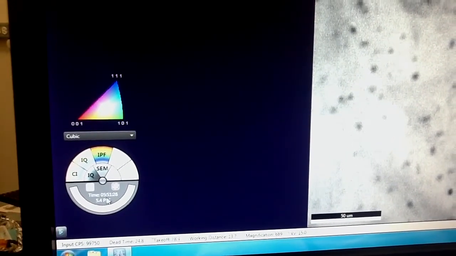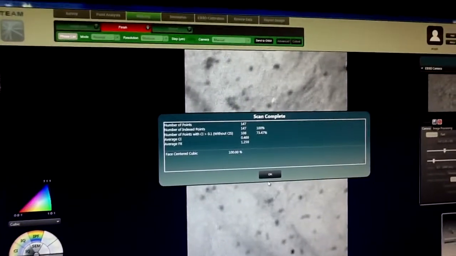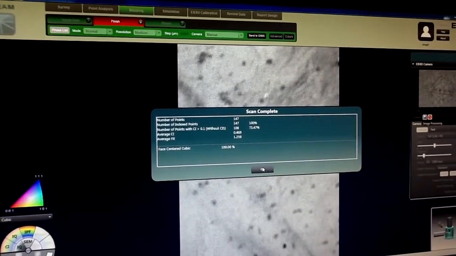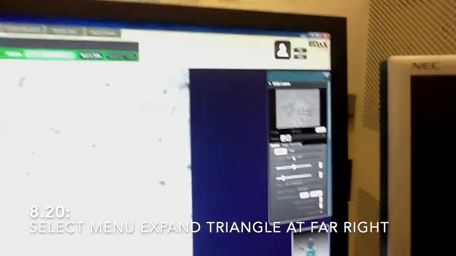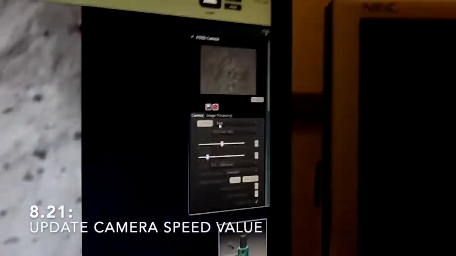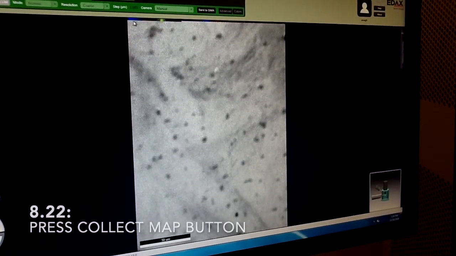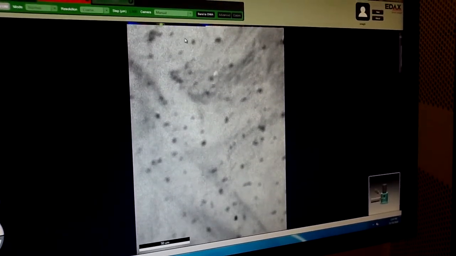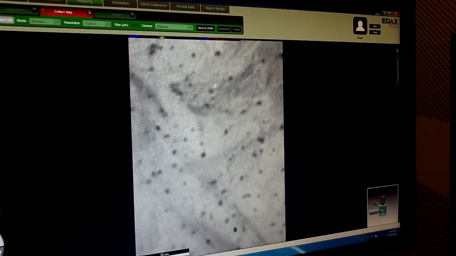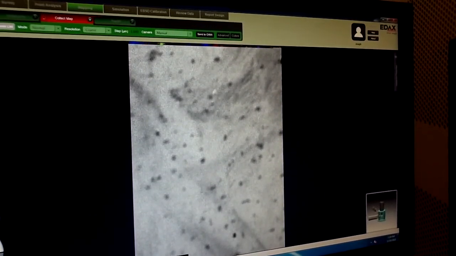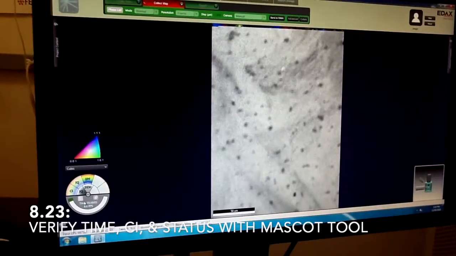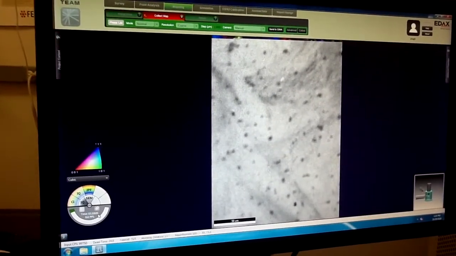That is a lot of time, so we can just again hit collect map and stop scanning, click OK, and then go into camera settings and make the camera scan faster. The EBSD detector should start scanning your sample and you should start seeing some colored map. It also shows you how much time it is going to take. This shows an hour and 18 minutes.